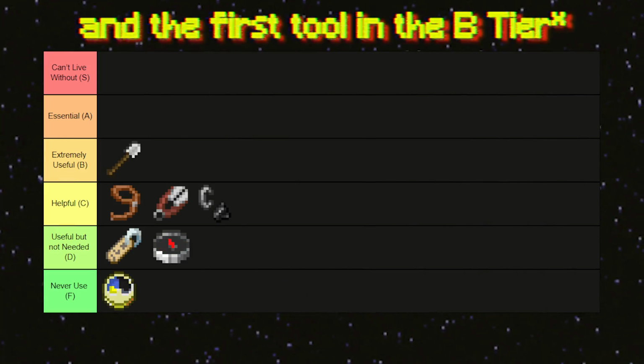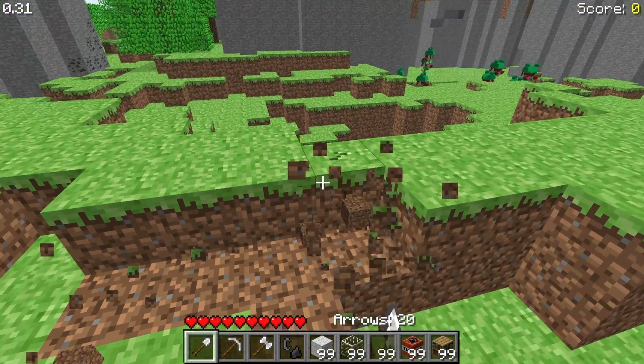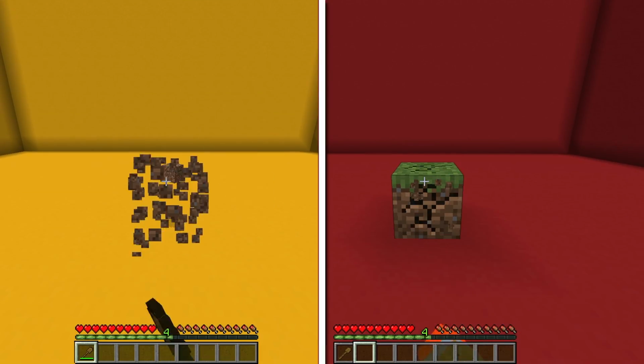The first and official tool in this tier list is the shovel. The shovel has been a staple of Minecraft ever since the early versions, being the first tool that was added in the game. However, despite the importance that the shovel is to Minecraft, it really isn't essential to play the game. Depending on the resource or material used when crafting, the shovel speeds up mining soft blocks such as dirt